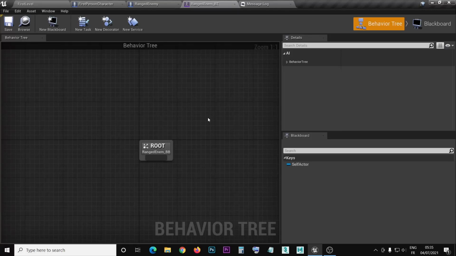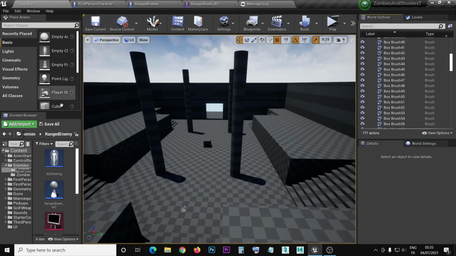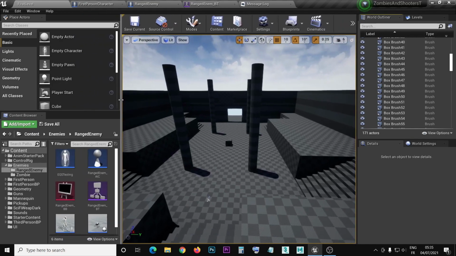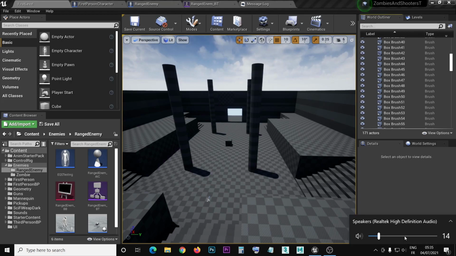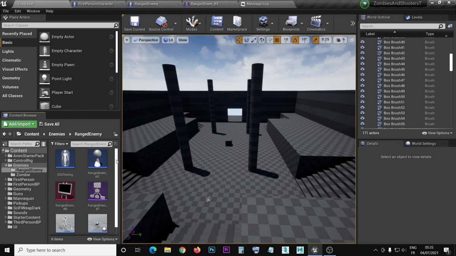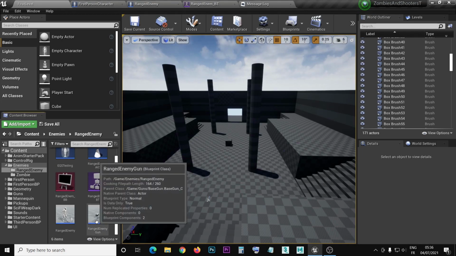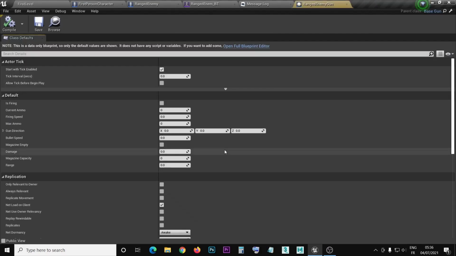Hi guys, so in this video we're gonna continue working on our ranged enemy and we're gonna do his gun. So we're gonna start by accessing the ranged enemy folder, and then we should just increase this one a little bit, and then we're gonna access the ranged enemy gun, the one we did in the last video. We open the full blueprint editor,